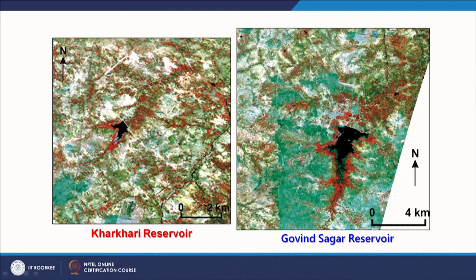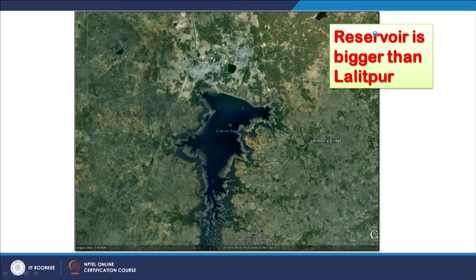Few more examples are here. One more example is here. And here I would like to spend some time, because this is my hometown in Uttar Pradesh. This reservoir was constructed more than 60 years back, and at that time, the population of this town was roughly 35,000. And since then, because of siltation and encroachment, the size of the reservoir has reduced. That means the capacity of holding water has also reduced.